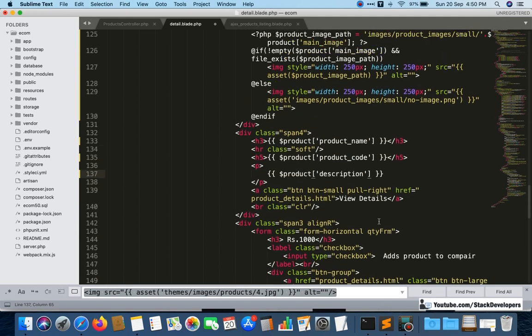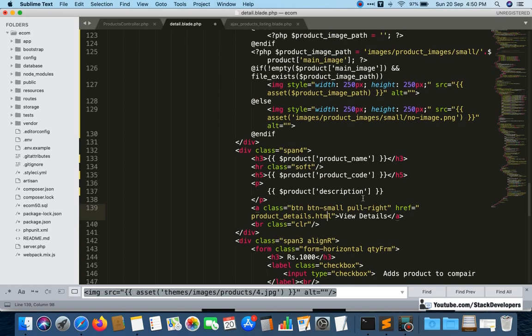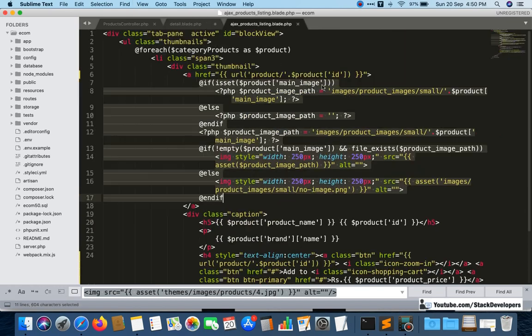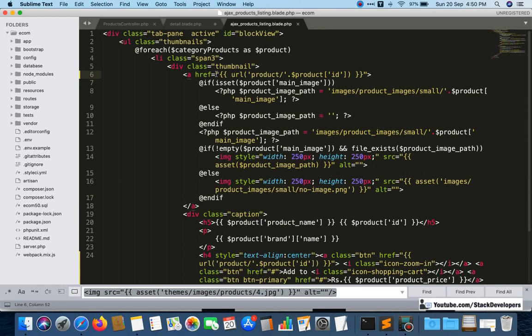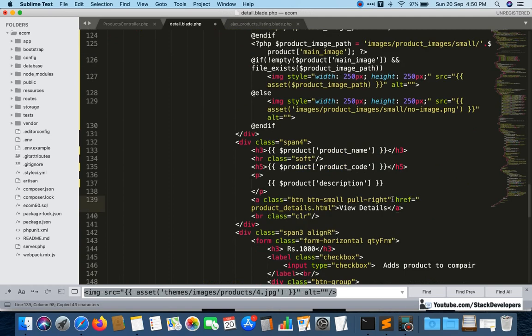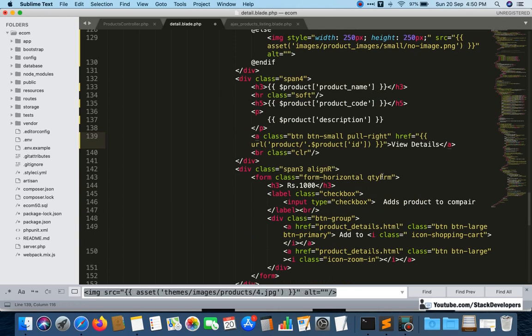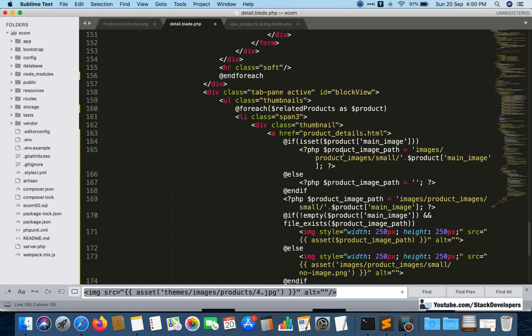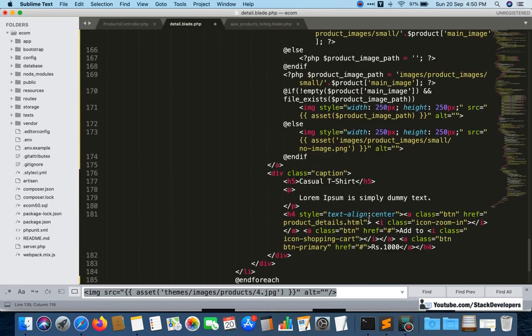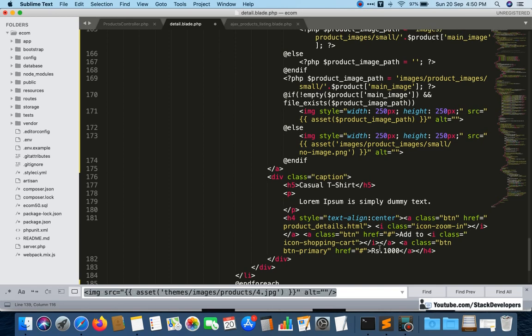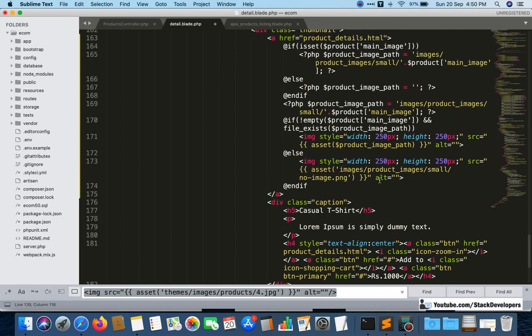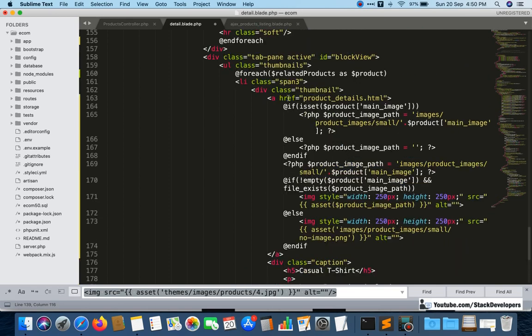Okay, so here once again the URL of the product, we are going to display this one. So if we can display one here, fine, and the same URL we are going to display here as well.